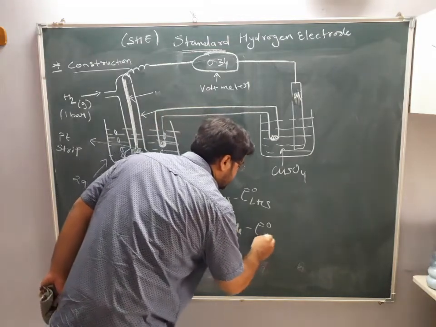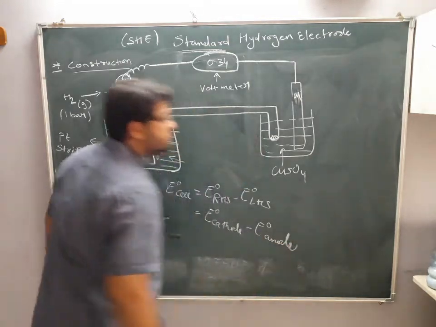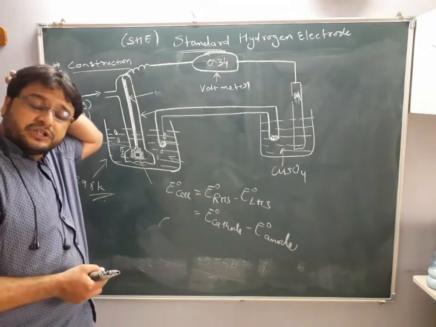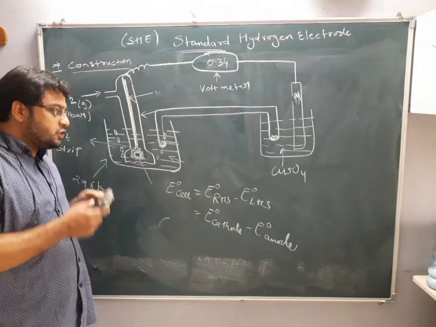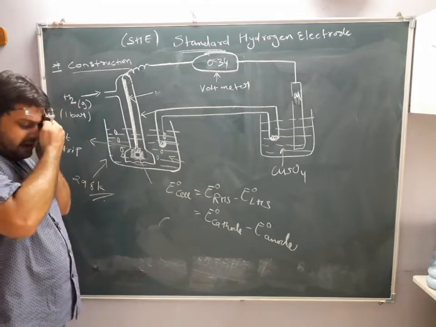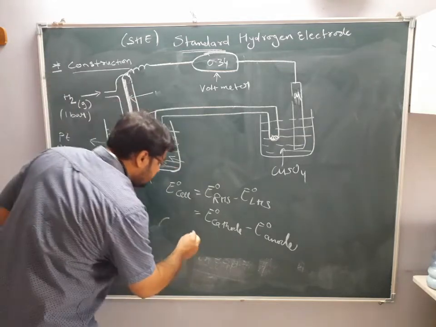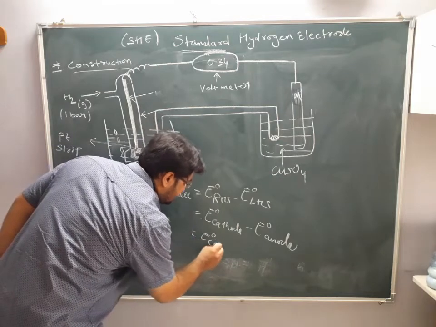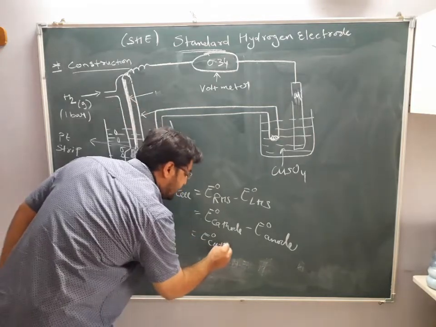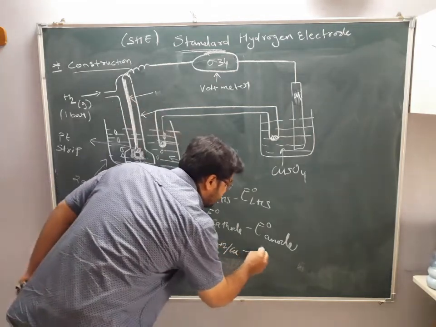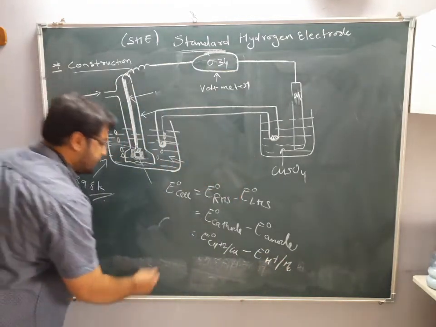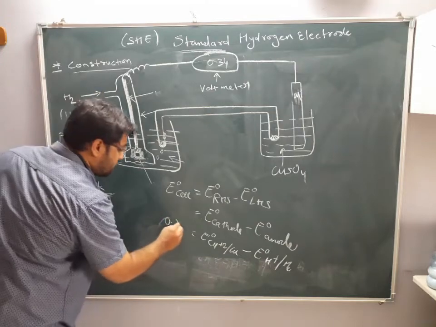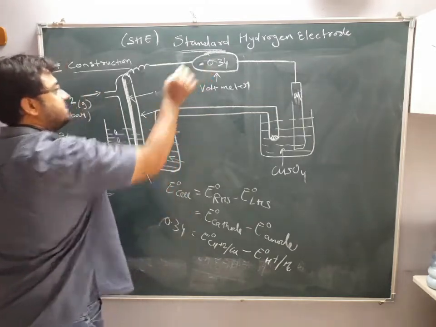minus E0 anode. And if you know the electrochemical series, potassium, sodium, if you see here, copper is coming after hydrogen. So copper will act as what? Copper will act as a cathode. So at the cathode there is reduction, and we are always taking the reduction potential value, and hydrogen. And net E naught cell, how much are we getting? We are getting 0.34 volt.